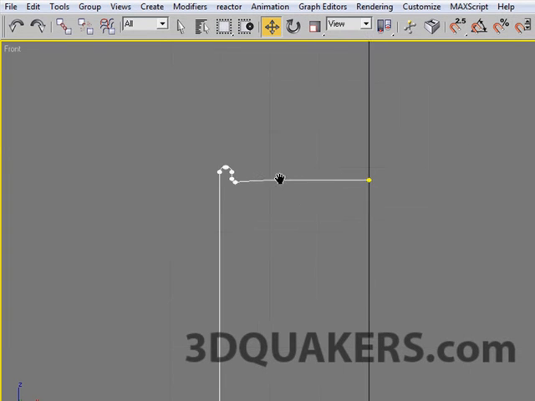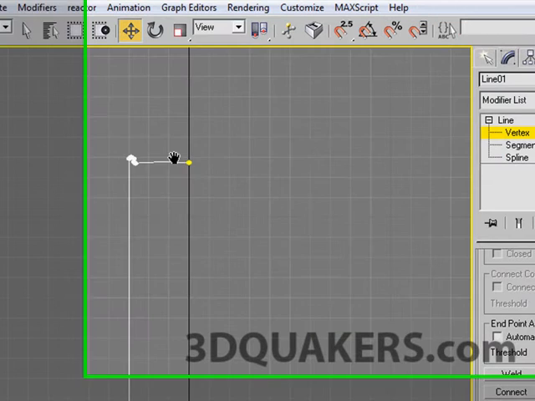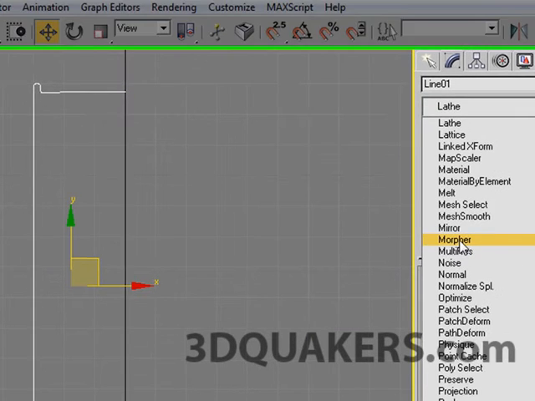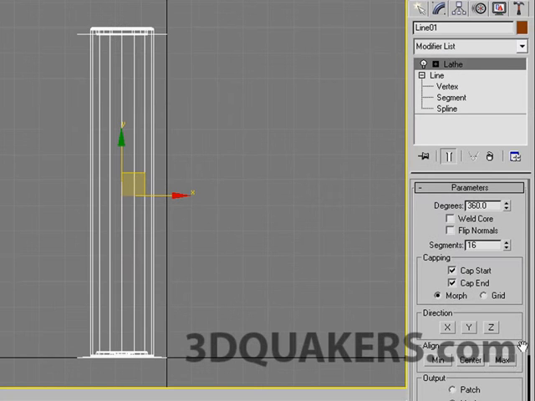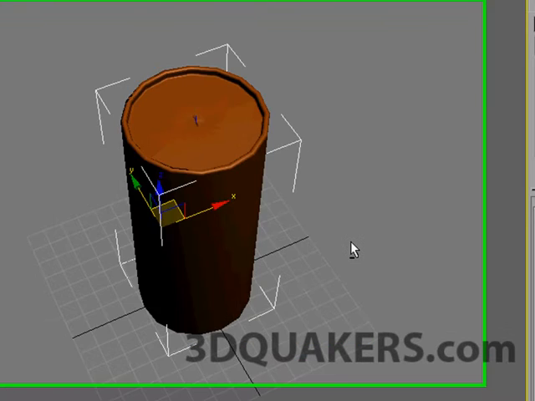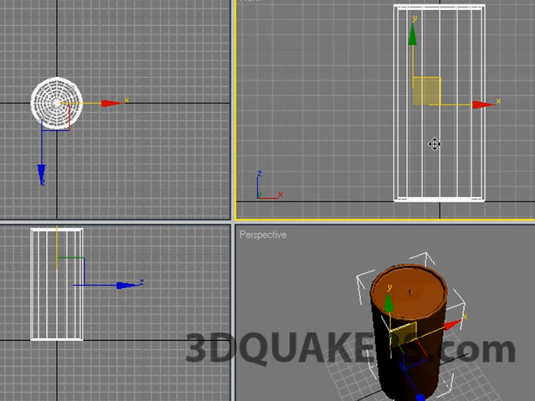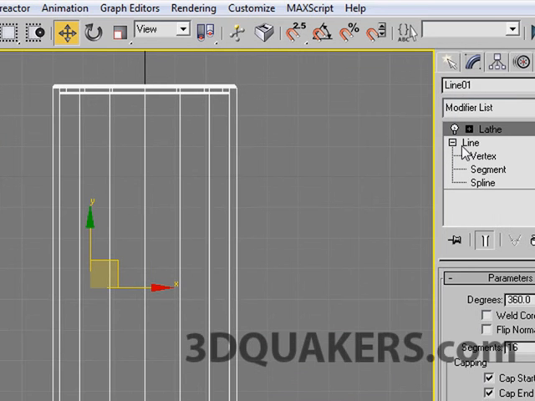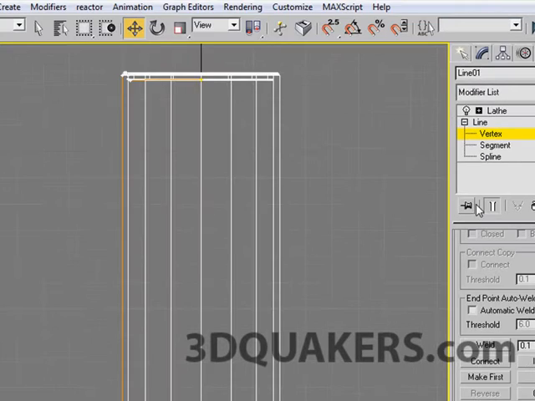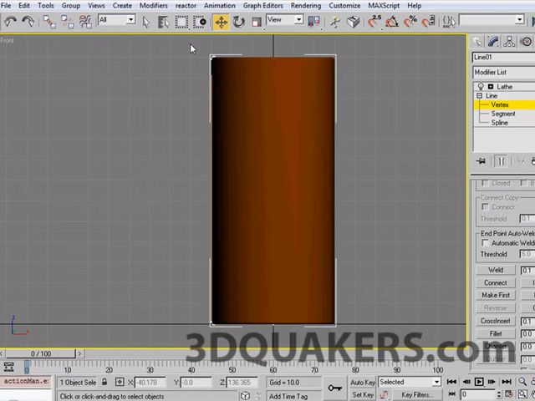Alright, so I need now to lathe this up, so I'm gonna apply the Lathe Modifier, L-A-T-H-E, and choose Max. And there I would have my can. It's probably too long, so I'm gonna go back to Vertex. I can click on Show End Result. That way I can see the line